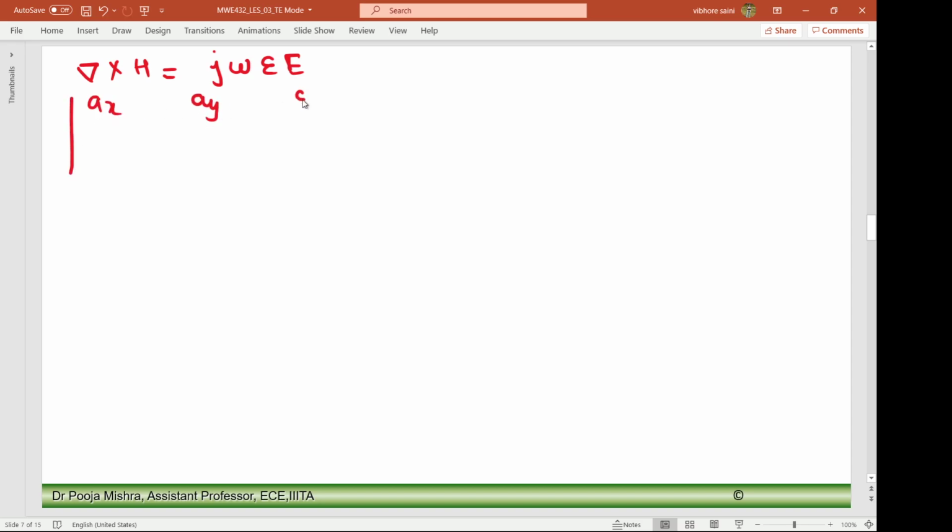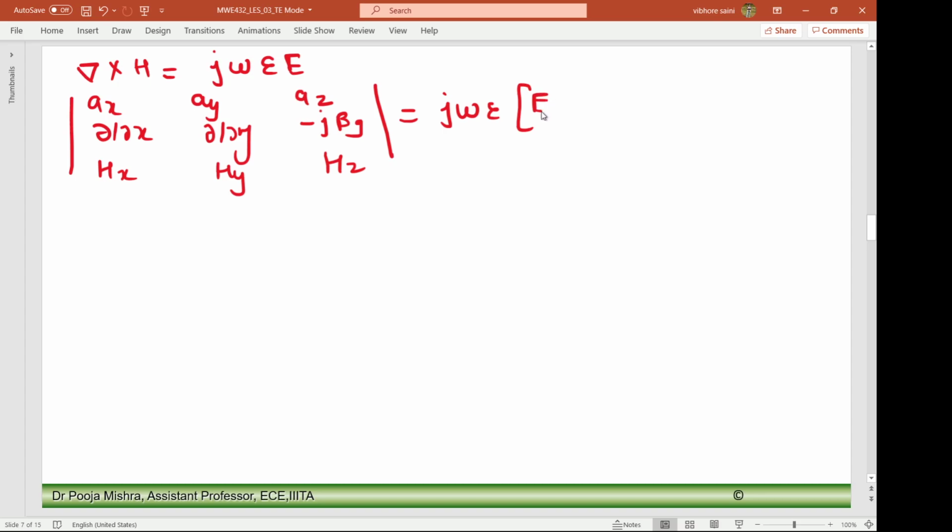Ax, Ay, Az; del by del x, del by del y, minus j beta g; Hx, Hy, Hz; is equal to j omega epsilon (Ex Ax plus Ey Ay). Ez is 0. So this equation will be Ax (del y Hz plus j beta g Hy)